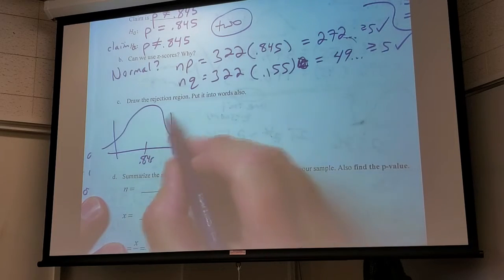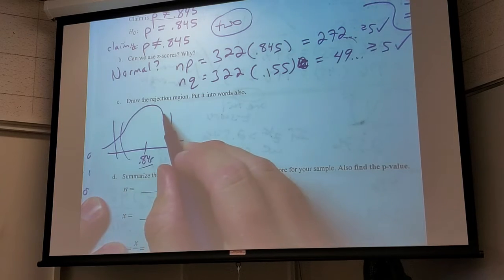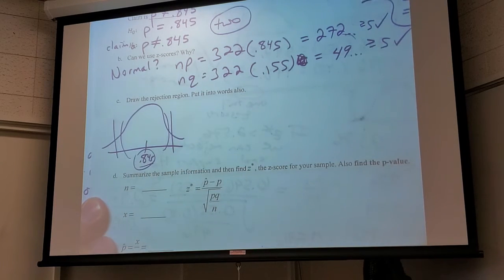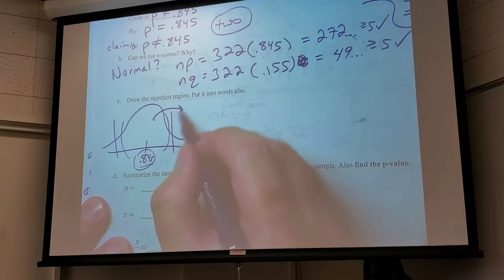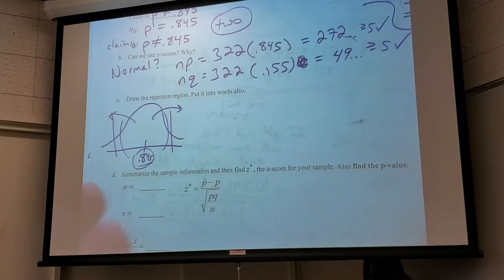So now if I find a sample, if it does equal this, I should get a sample that's close to this. If my sample is far away from that, how far away? Well, that's what we're about to define. We're about to define how far away is far away enough. Just like earlier this semester, we defined it to be 2 steps away. Now we're going to be a little more sophisticated.